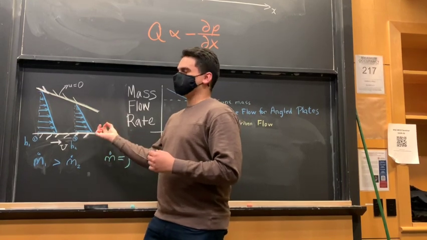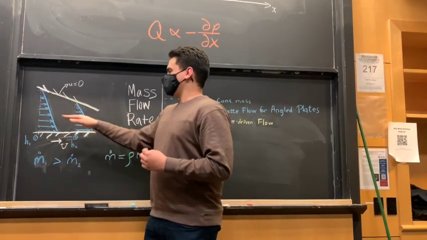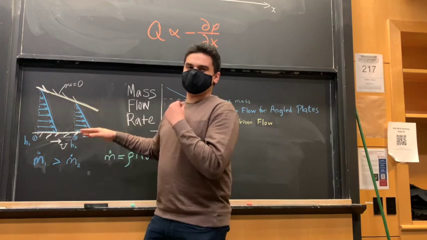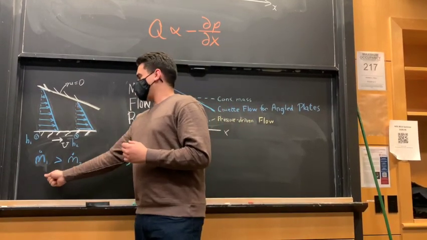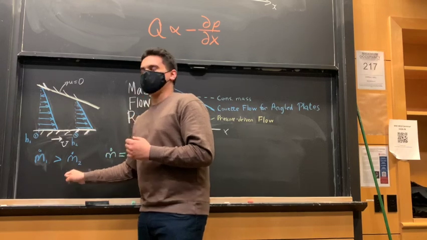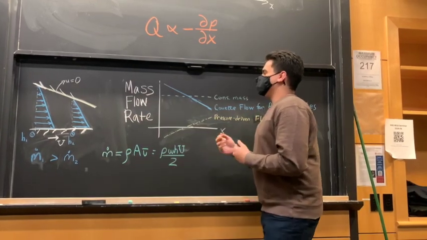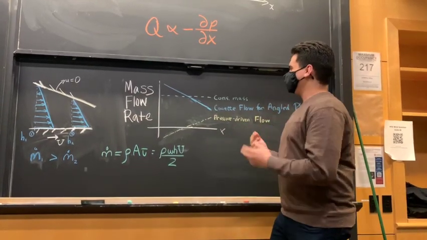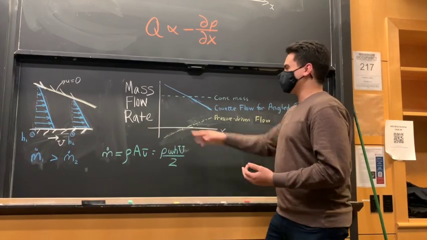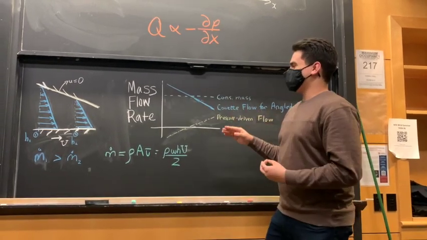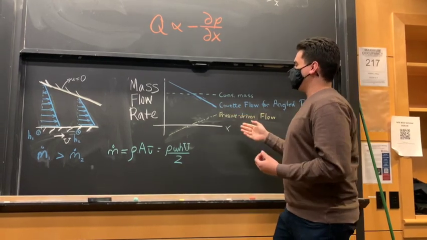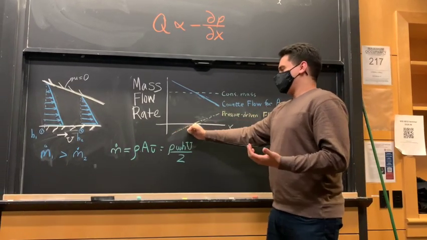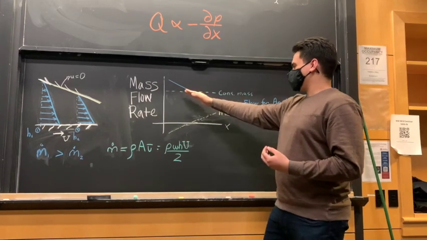So now you have a smaller cross-sectional area, but we're assuming that it's still a constant velocity throughout, that the velocity changes very minimally. So now you have a mass flow rate at the front that's greater than the mass flow rate later on. This is no longer satisfying the conservation of mass, which is this horizontal relationship between the mass flow rate and the distance here. What we need to do is add in a solution that will counter this